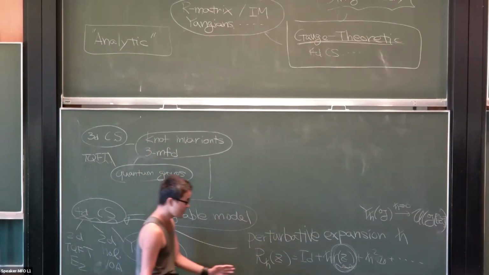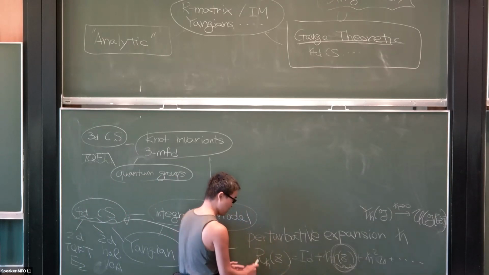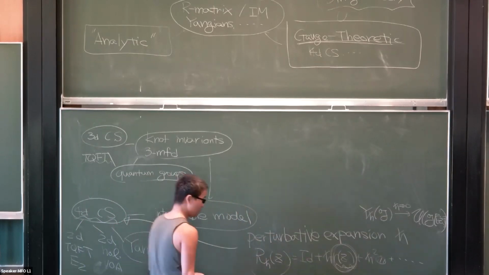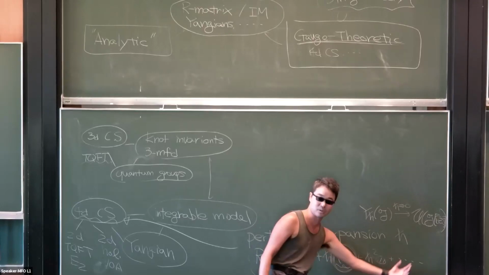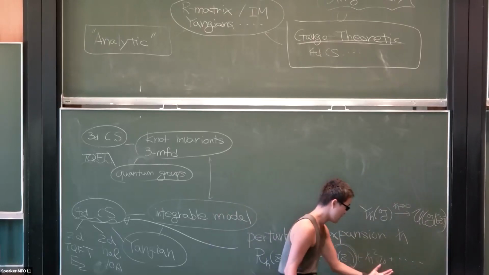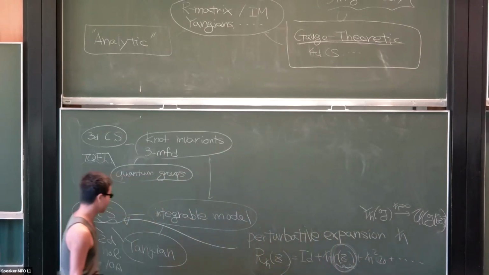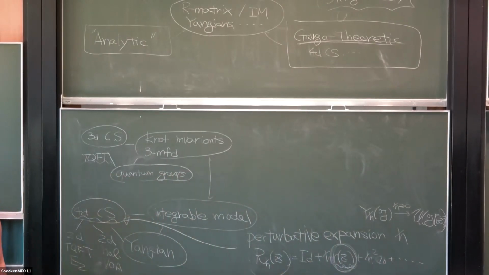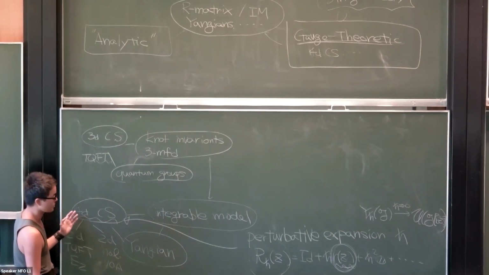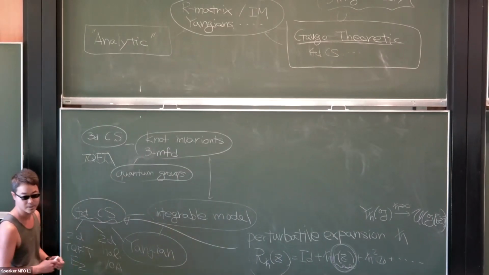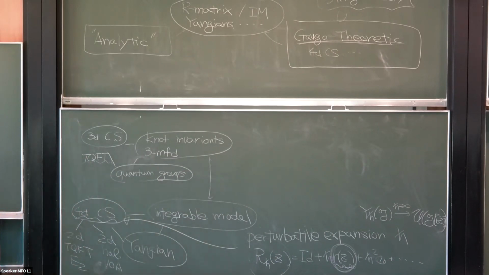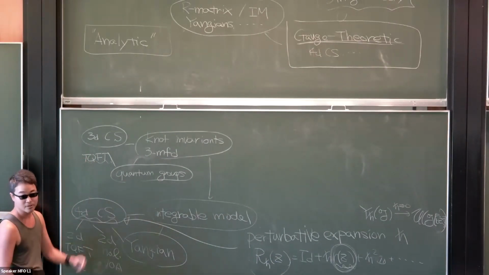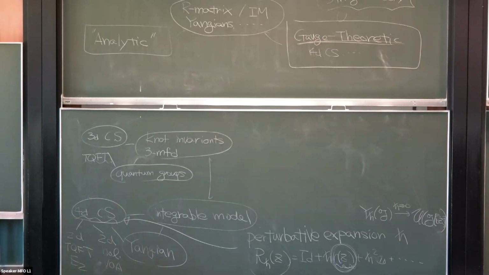But the point is that instead of getting this on the nose, what has been done so far in 4D Chern-Simons is mostly about computing this order by order. If you like, you can compute this and that, and there is a technique for doing that. That's the primary method of analysis for 4D Chern-Simons, the canonical method. That's a big difference from 3D Chern-Simons, except that there is still a counterpart in 3D Chern-Simons. So maybe that's what I want to emphasize here.